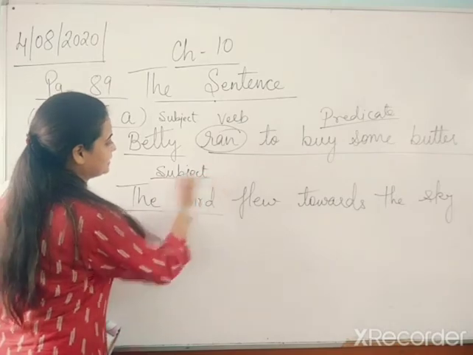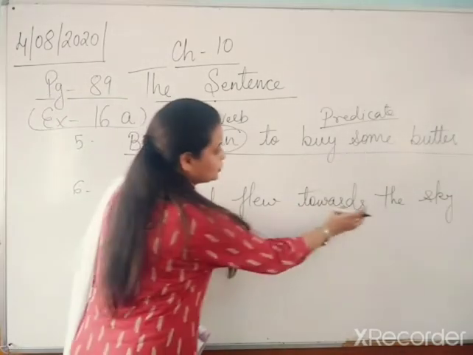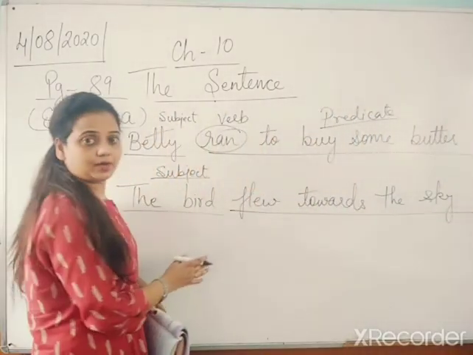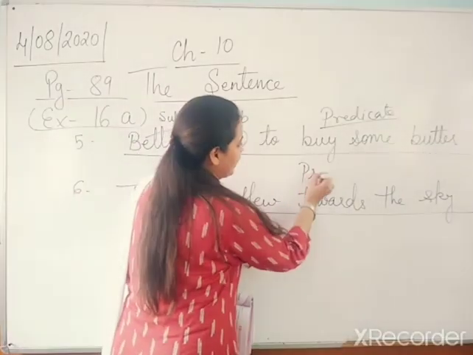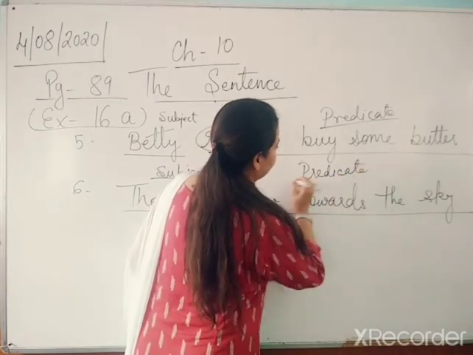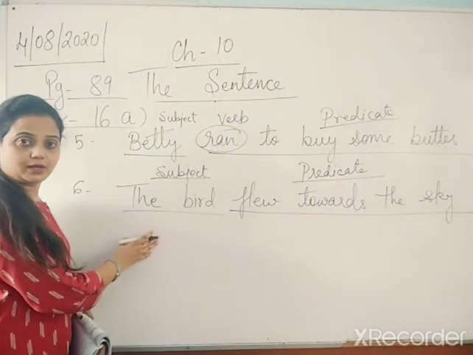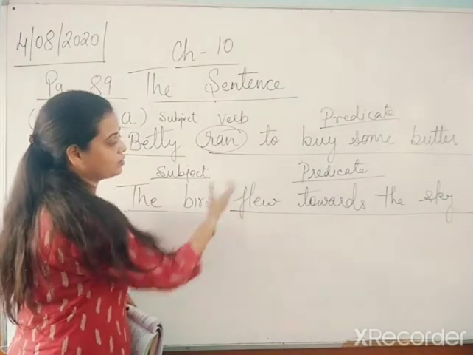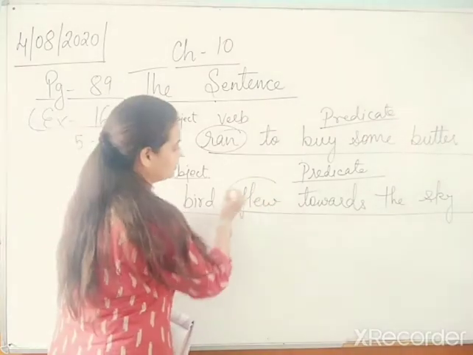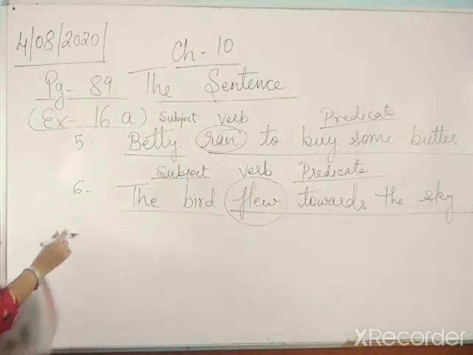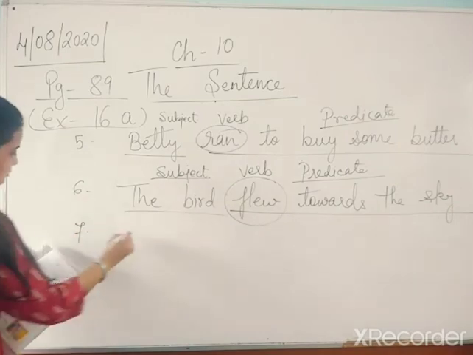The bird is performing the action. Flew towards the sky is a predicate because it's containing the verb, right? And it is telling us about the subject. The action done by the subject is your predicate. And what is the verb here? The main verb is flew. Flew will be your verb. Next we have